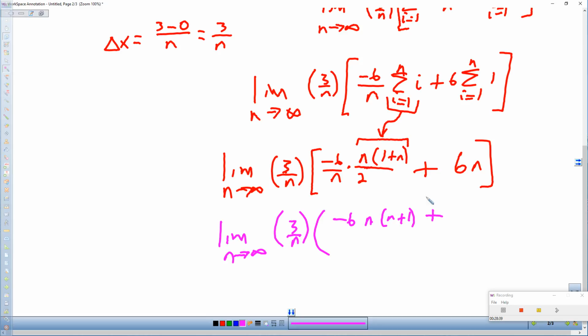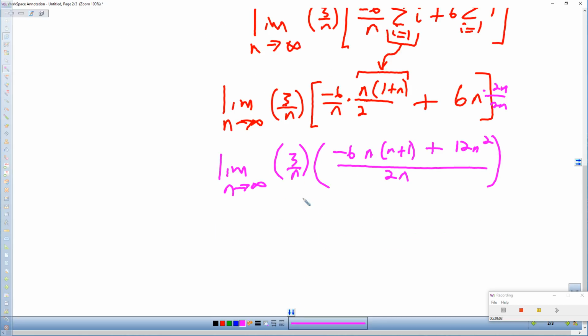Multiply with 2n, so plus 12n squared, all over 2n. Why 2 squared? Well, you have to get a common denominator and multiply by 2n over 2n. And let's do another step for simplifying. The limit as n goes to infinity of 3 over n,